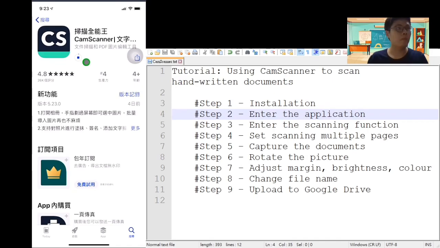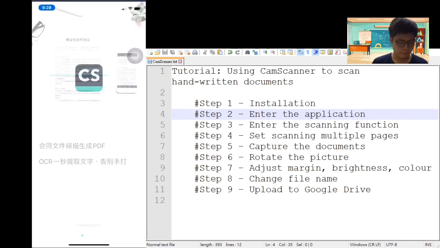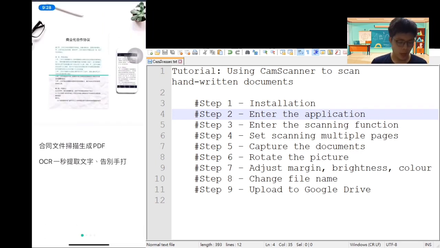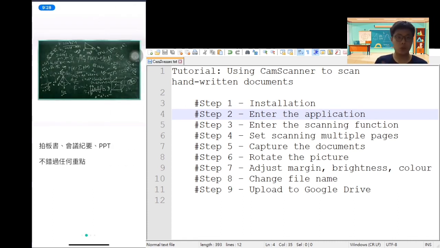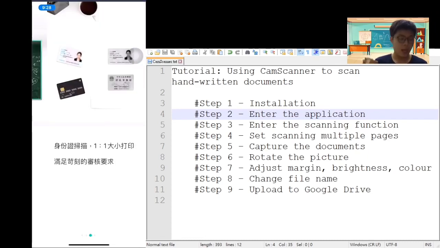So you've got to wait. If you see the button open, it means that the app has been installed on your device. So you click on open, and here we have some more simple tutorial or introduction to this app. So you skip everything by swiping towards the left. Swipe, swipe, and here